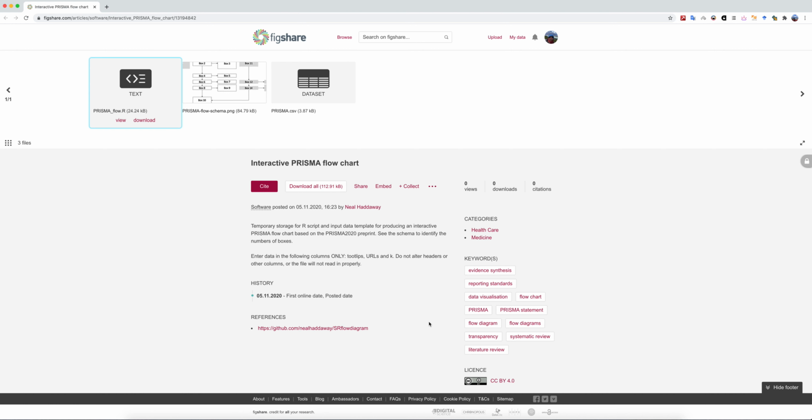Going to show you how to use this R script to produce a PRISMA flow diagram that can be made interactive. For the time being, the R script and the data entry file are saved on figshare. I haven't set this up as a package yet, but the easiest thing to do is just download the R